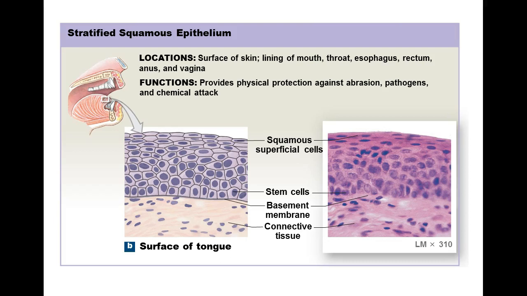Then talking about each of them individually, this becomes a little bit more approachable information, I guess, with stratified squamous. Surface of the skin, we think of the skin as stratified squamous. It's also keratinized in the skin. So when you think of the skin as opposed to the lining of the mouth, throat, esophagus, rectum, the anus